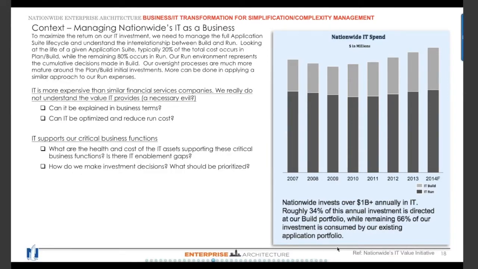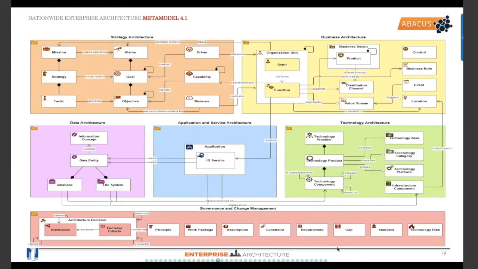And then the second part is, of course, IT supports a lot of our critical business functions. The question is, what are the health and cost of those assets? And is there any IT enablement gap? For example, IT could have done better, but how do we identify those areas where we should invest more money to better support our critical business processes? And how do we prioritize those? So with that,